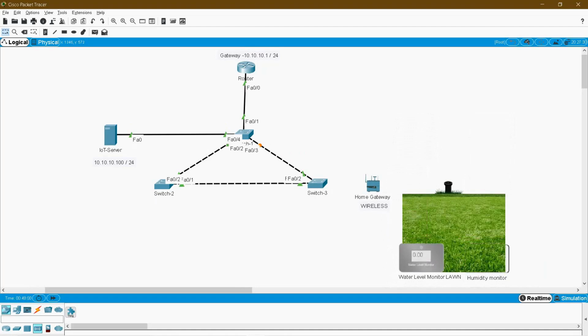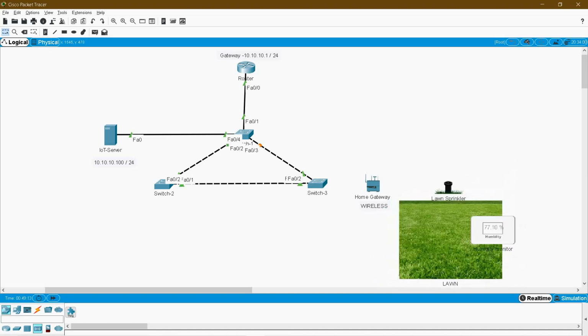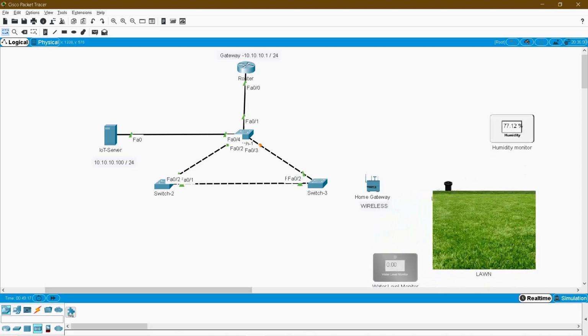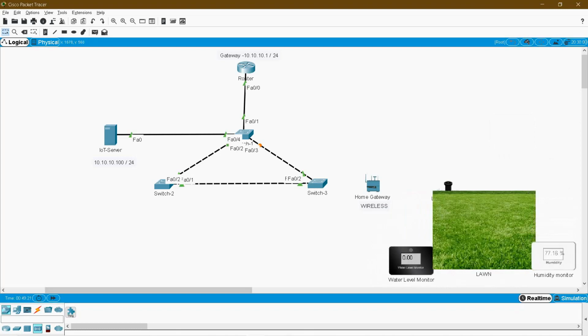Using this I am going to make some, sorry, it's not getting over. Okay, no problem. I am going to have it here, and I am going to have it here. Fine. And this is my lawn sprinkler.